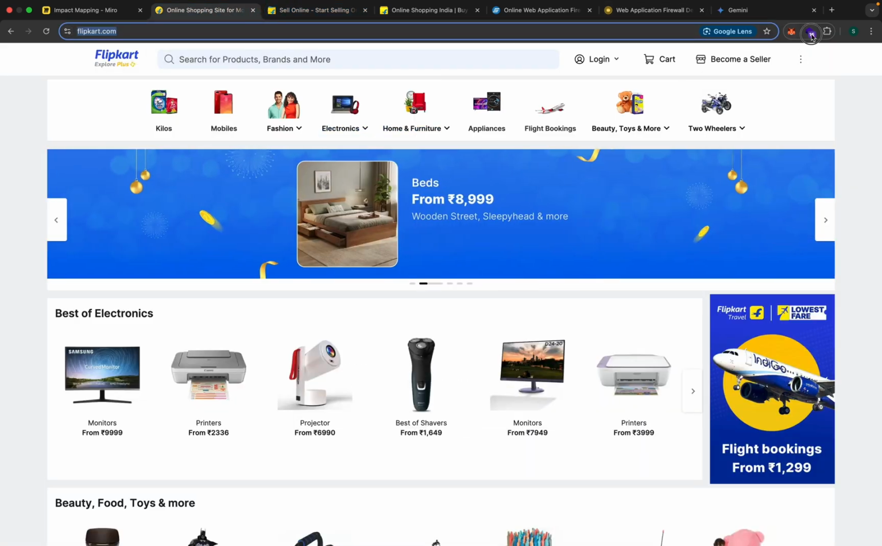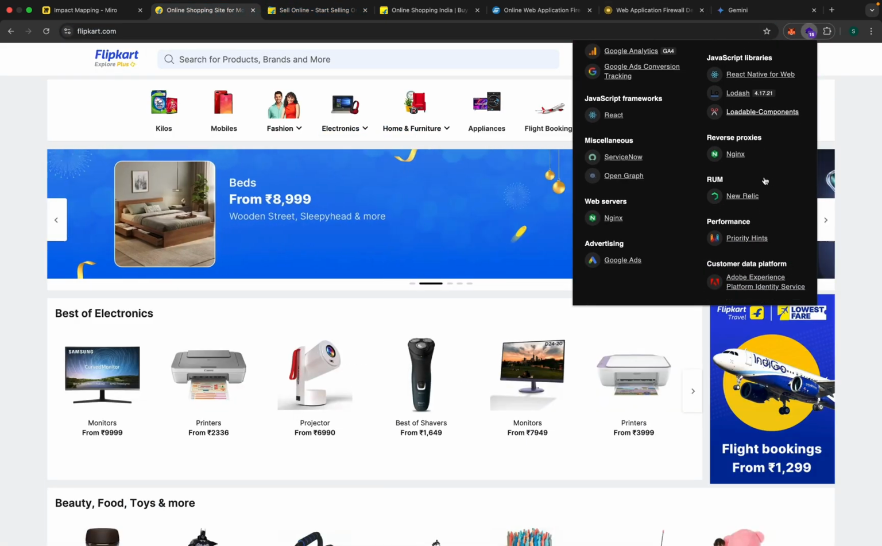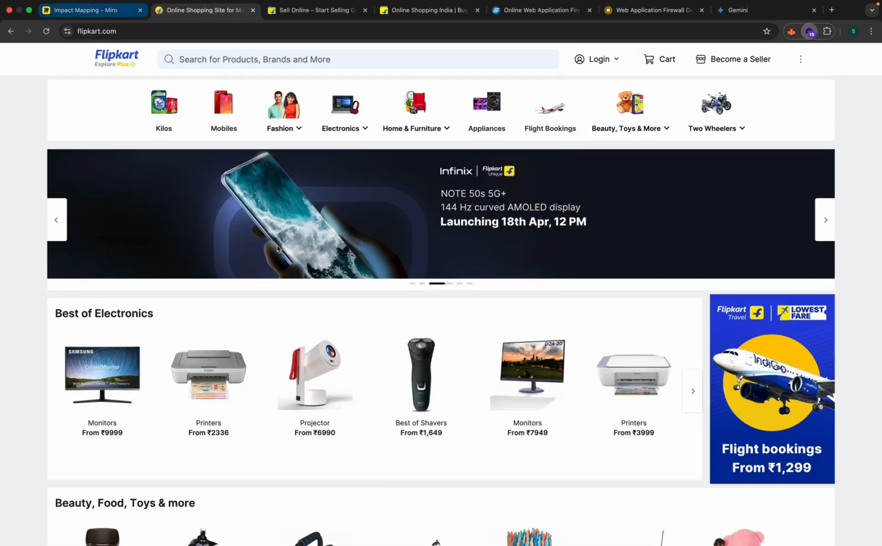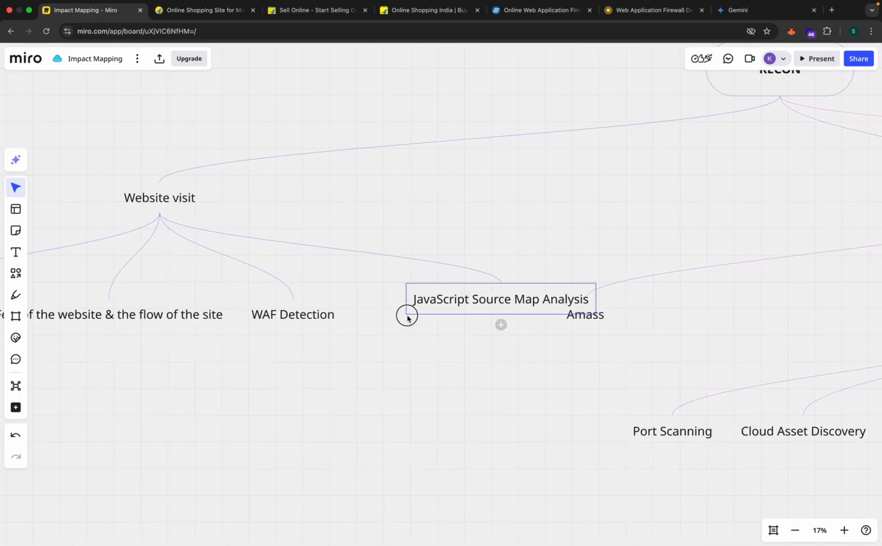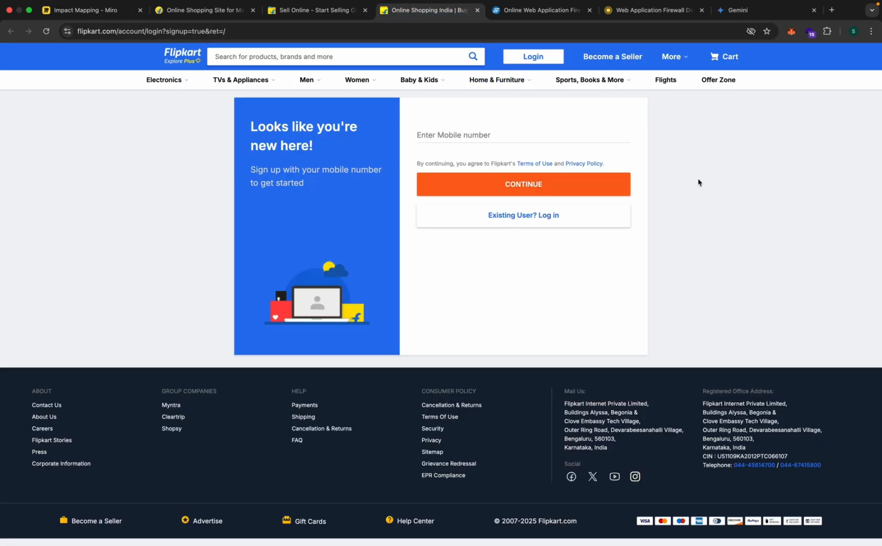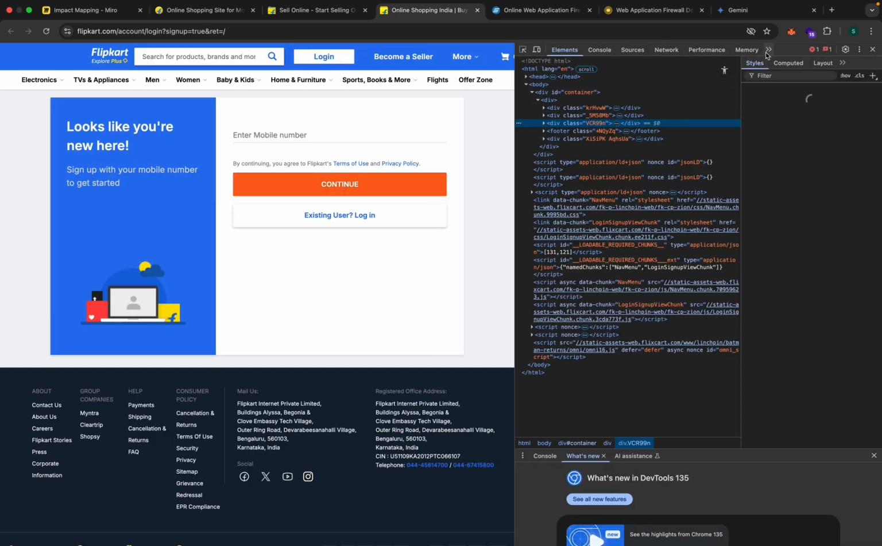So now that the WAF thing is done, let's get into the interesting part, which is the JavaScript source map analysis. There are JS.map files that will tell you a lot about the website. And to find those, you can just inspect, and you can go to